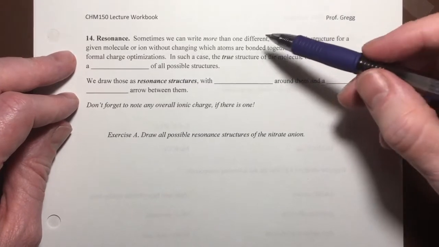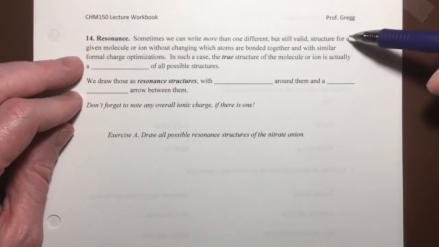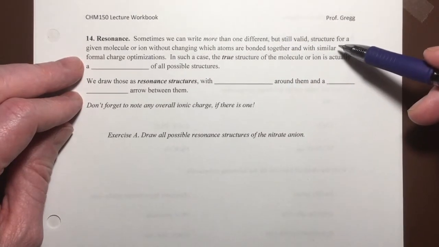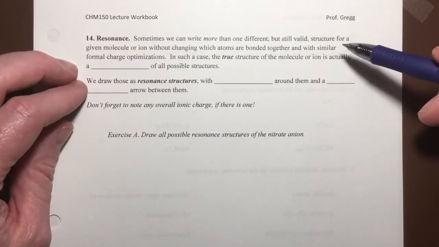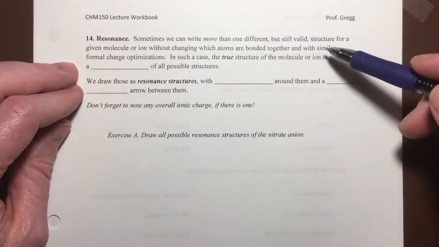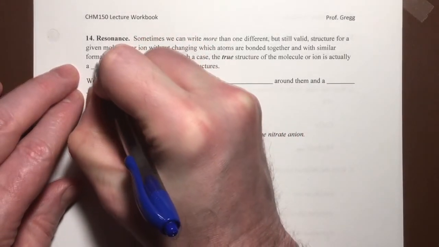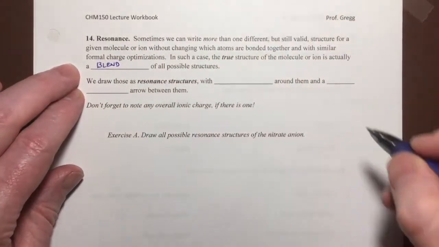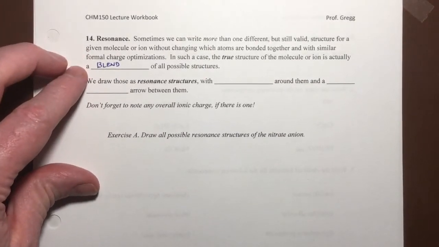So, sometimes we can write more than one different but still valid structure for a given molecule or ion without changing which atoms are bonded together and with similar formal charges. That is, the formal charges are all optimized in all of the structures. In such a case, the true structure of the molecule or ion is actually a blend of all possible structures. Now, there's a lot going on in that paragraph, so we're going to unpack it a